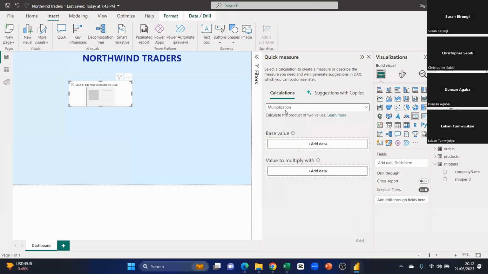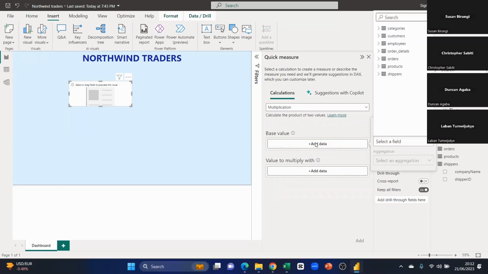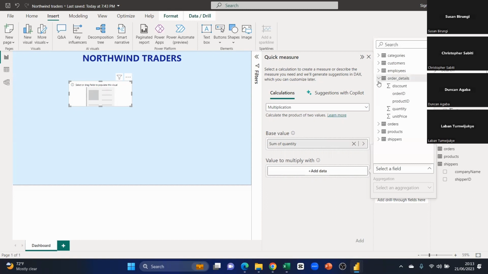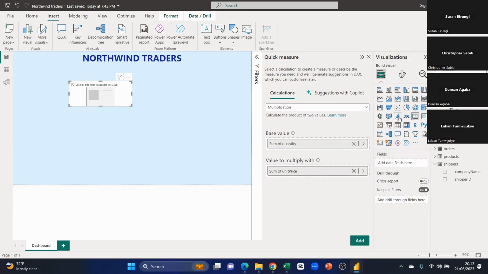And when you say multiply, what am I multiplying? What is the base value? The base value I'm multiplying. When you click on it, they bring for you a table for you to select what you want to multiply. So I'll say on the orders file, I want to multiply this quantity. They have brought it here. Then value to multiply with, I will still click, I want to multiply with the unit price. The moment I'm done, I can say add. It is going to automatically add for me a measure. So when I say add,